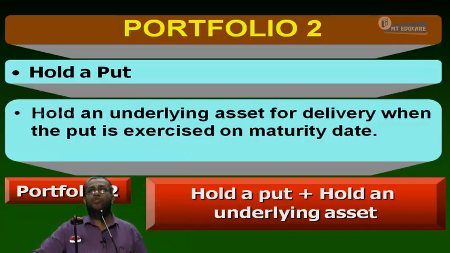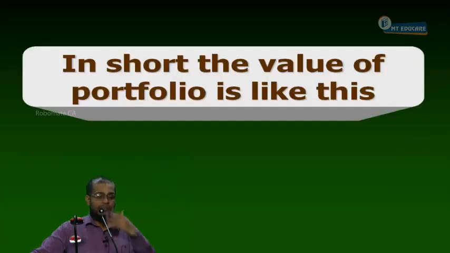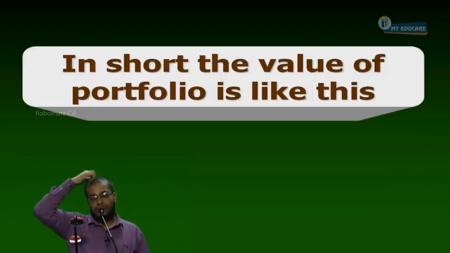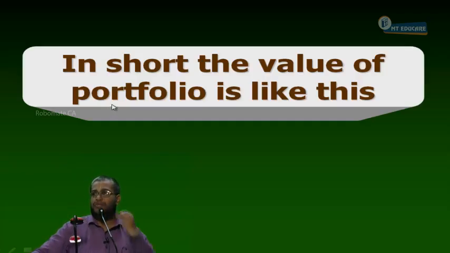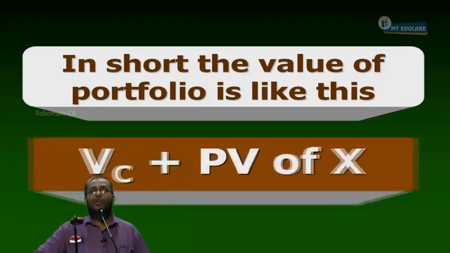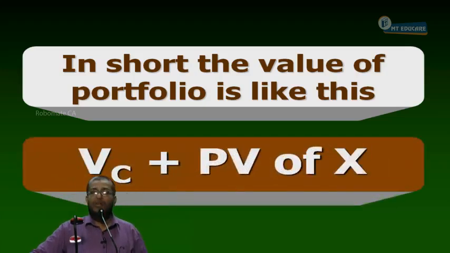Let us consider two portfolios. Branch it into two; write along with me. First branch: hold a call and deposit cash